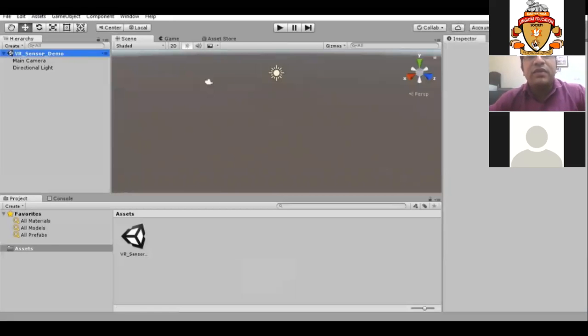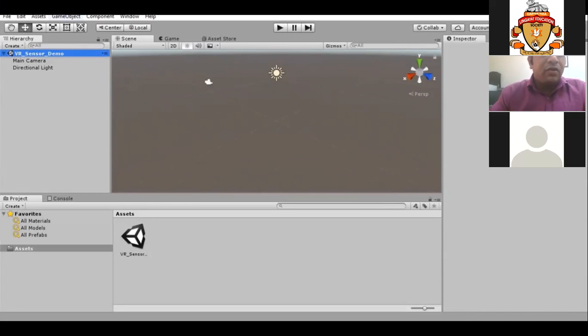Now the next thing we want to do is create a virtual environment, which will be sort of a game. My objective here is to control the orientation of the game object in the virtual environment with the help of sensor values. How to do that?